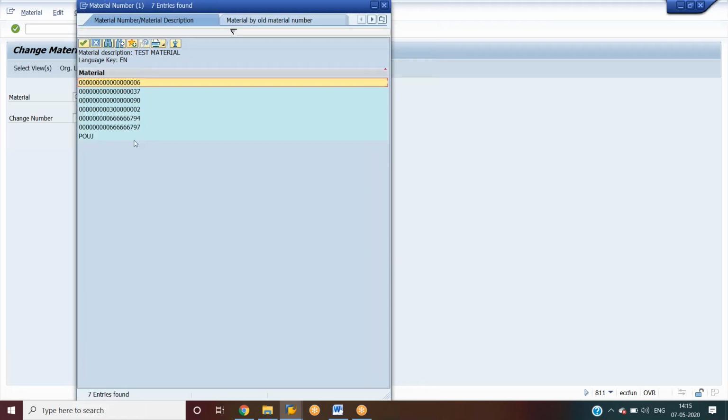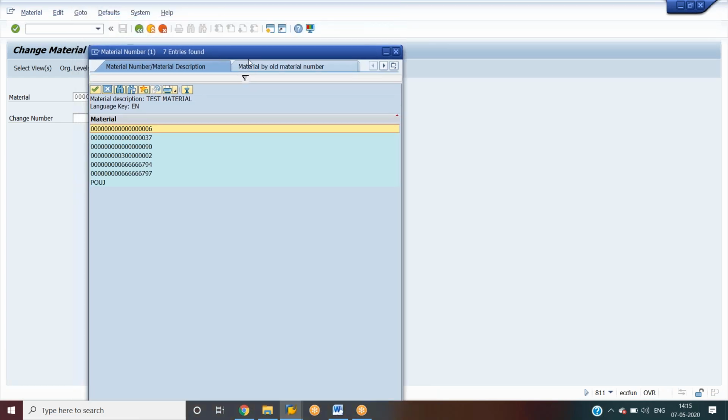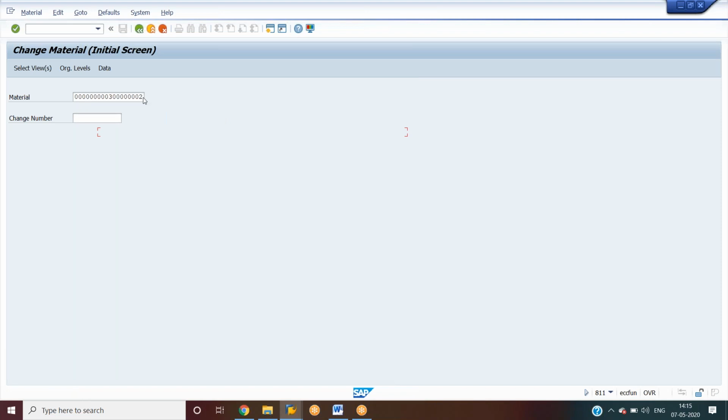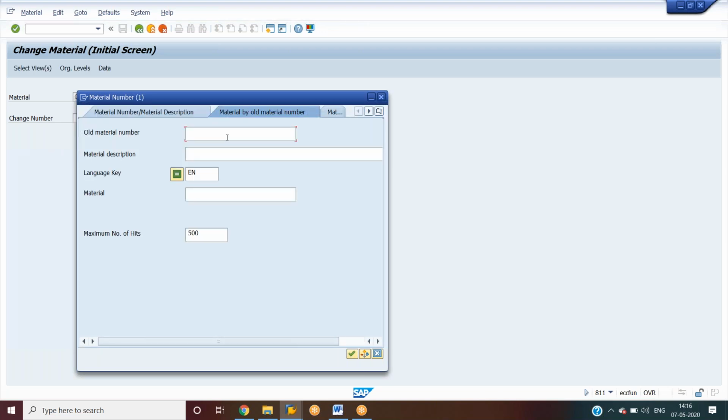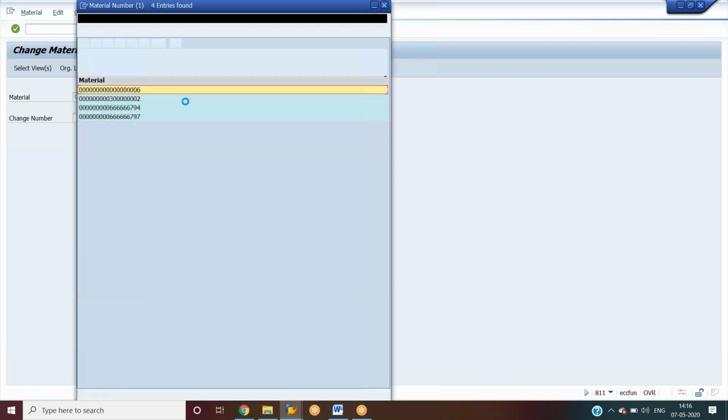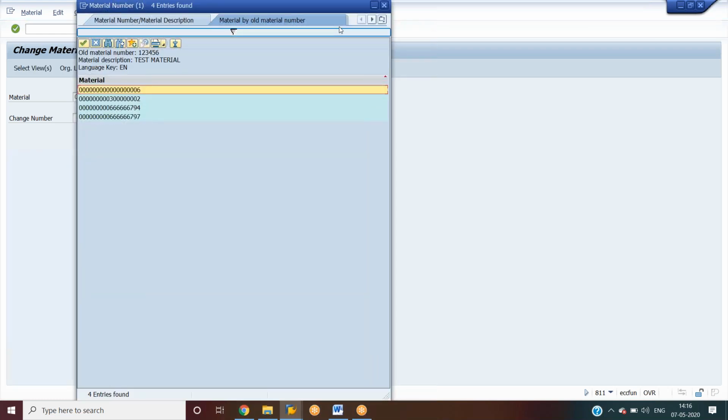See, these are all the materials maintained under that material name. Here you can also see material by old number. You click on this and give the old number which we have maintained, 1 2 3 4 5 6, and you can find the list of materials with that old number.